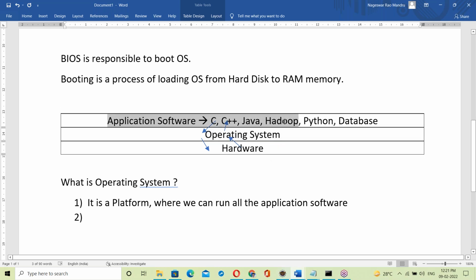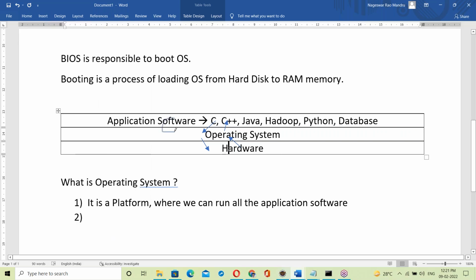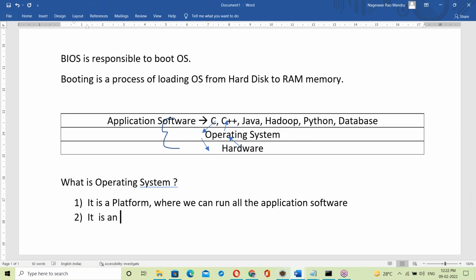So between the application software and the hardware, there is an OS. Application software cannot interact directly with the hardware. There is no direct interaction. Through the OS, it can interact with the hardware components. So between application software and hardware, there is an OS, like a mediator, an interface. It's an interface between